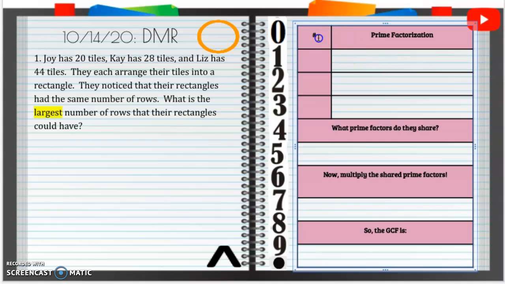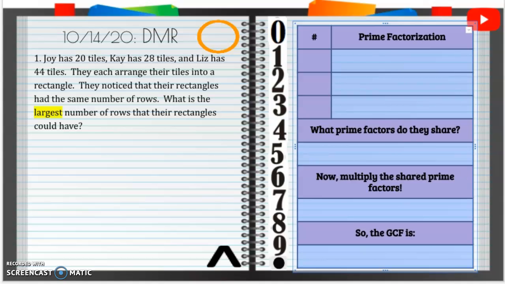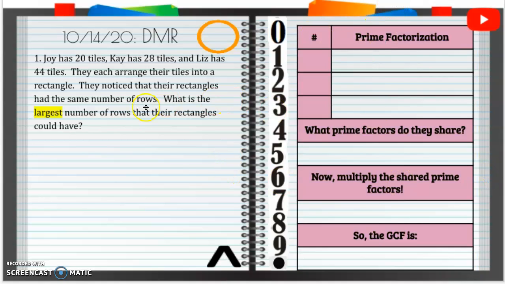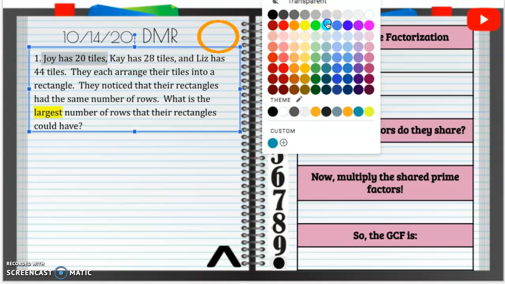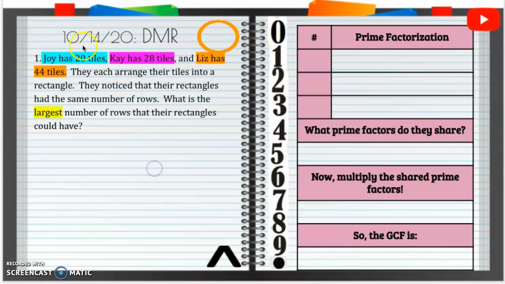Now that we know what we're finding, we can figure out which template we're going to use. In this case, it is the greatest common factor template to help us. But what are we finding the greatest common factor of? Well, Joy has 20 tiles, I'll highlight that in blue. Kay has 28 tiles, let's do pink. And Liz has 44 tiles, let's do orange. So we need to figure out the greatest common factor, or the GCF, of 20, 28, and